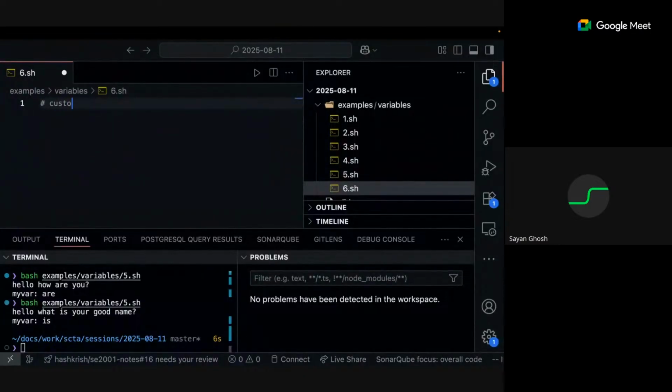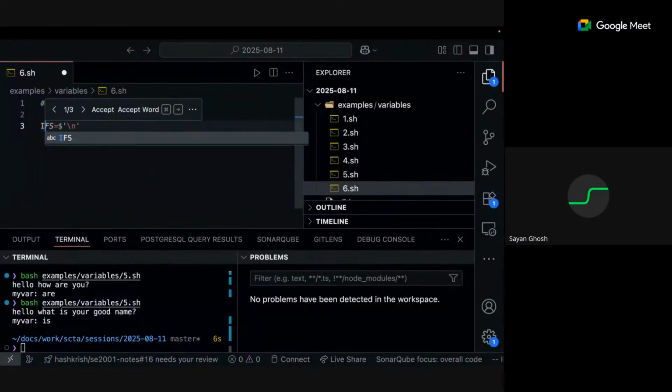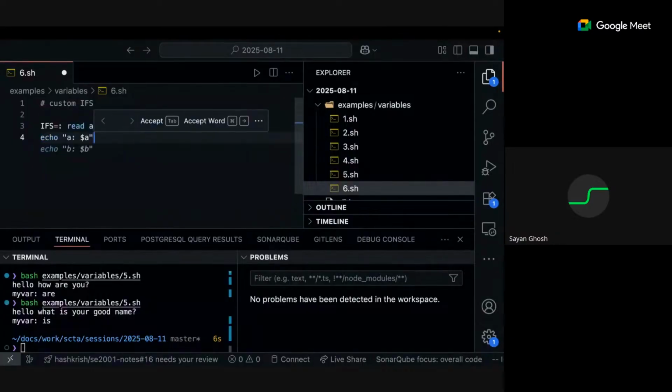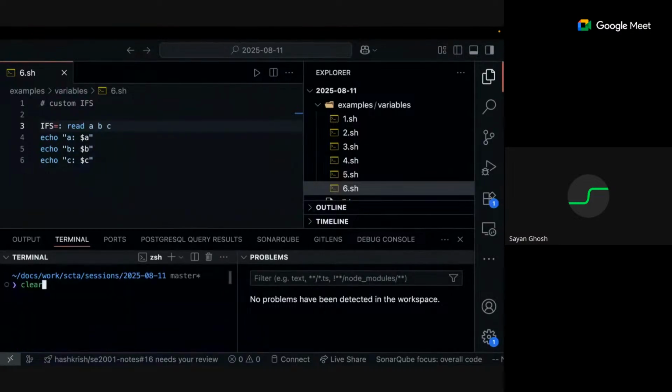So, custom IFS. If I want to change the IFS, let's say I do IFS equals colon, and then I do read A, B, C. I am reading three variables again, and I can echo A, echo B, echo C. So here I'm telling it don't split by space, rather split by colon. So if I run this,